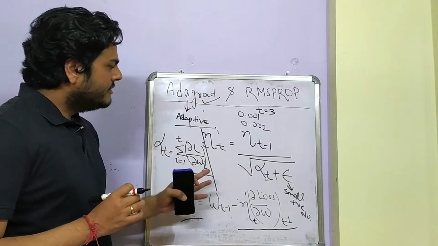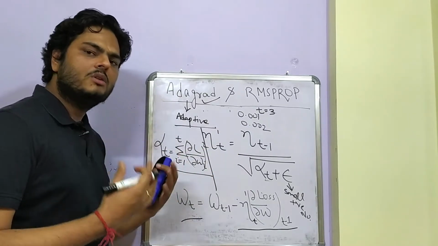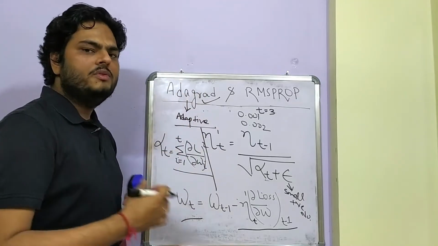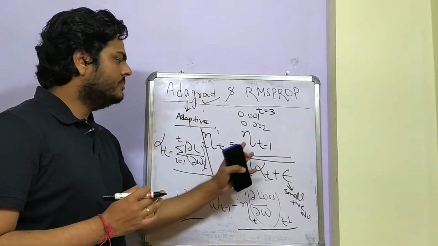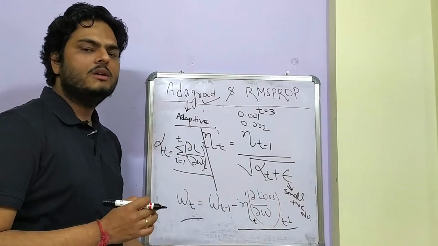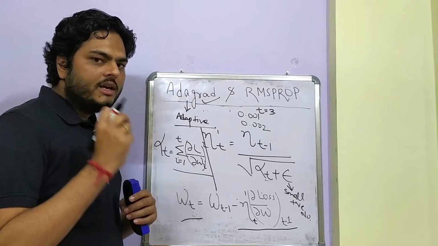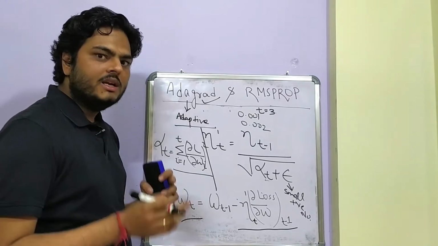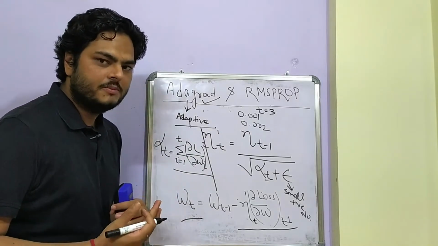Now if this happens, then what is the advantage? The advantage is on the step size side. If you see, we are taking all the gradients into consideration when we compute the new learning rate, right? So when all the gradients come together, it tells you at what speed you should move and in which direction we should move, and that is where the step size is optimized.